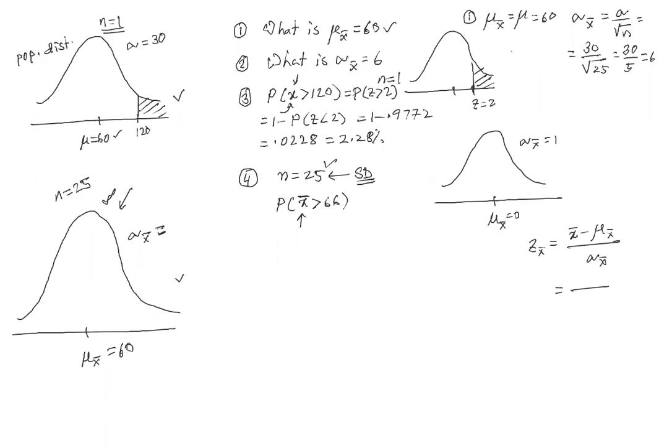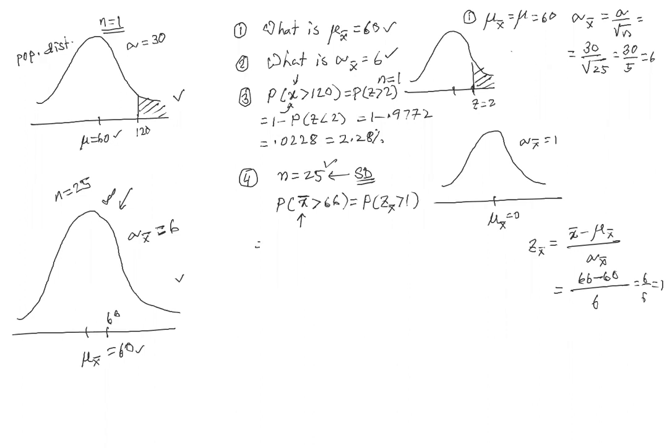So sigma sub X bar is 6, which you also found here. And X bar is the point in question, which is 66. Okay? So 66 minus mu sub X bar, which is 60, over 6 is equal to 1. So the probability of X bar greater than 66 is the same as the probability of Z sub X bar being greater than 1,